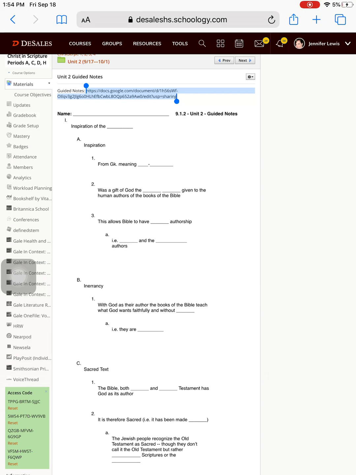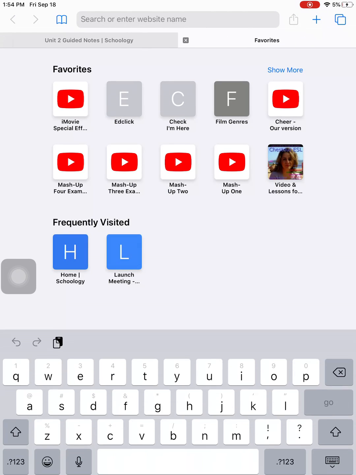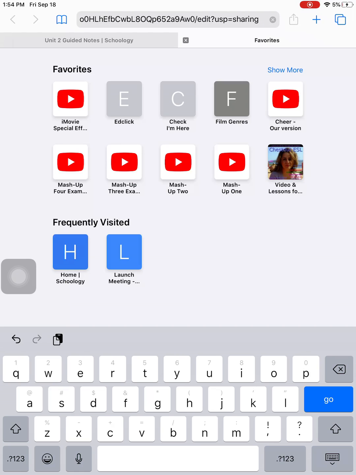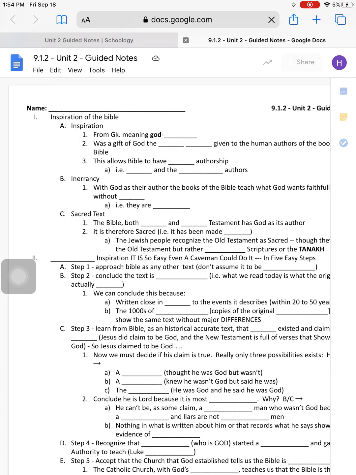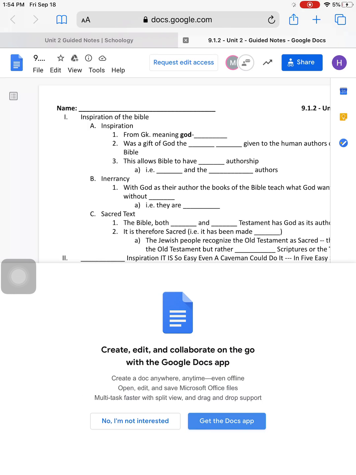So first thing you need to do is open the doc. So there's the link pasted here. I'm going to copy this, open a new tab, open that document. Now, as you can see, I don't have editing access,